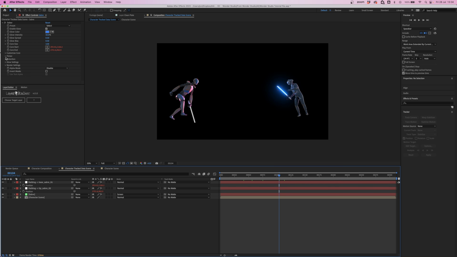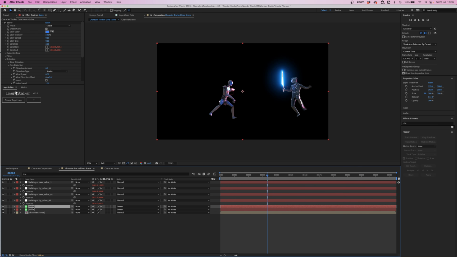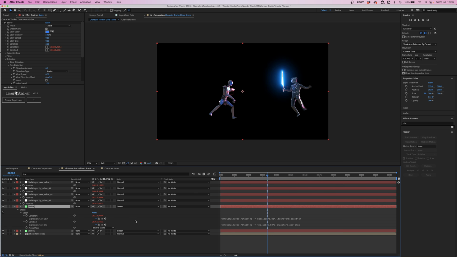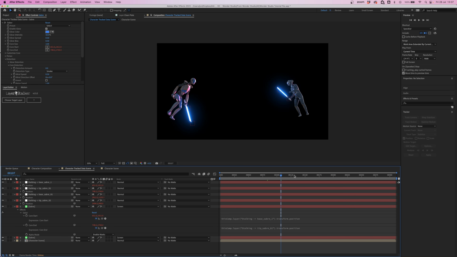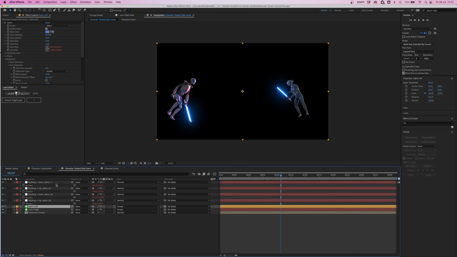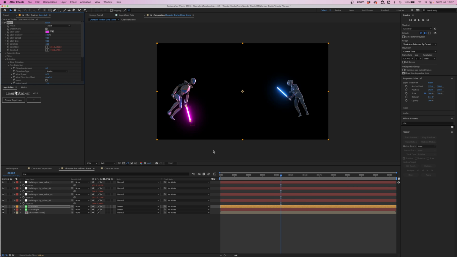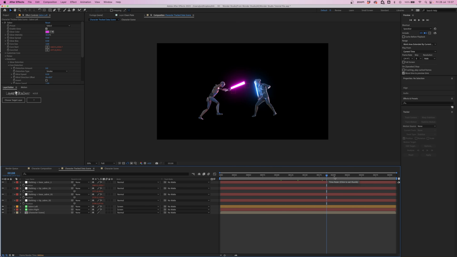And you could go in and play around with the Saber effect, adding flicker, extra distortion to the core, or to the overall glow, and things like that. Now I'm going to quickly repeat those steps for the other lightsaber. I'm going to duplicate the Saber layer, double tap U to open up the used variables, and we're going to link to the other lightsaber. We now have both our lightsabers, give those some names, and the saber on the left, we can go up to color and change the glow color to a hot pink, which looks pretty cool.